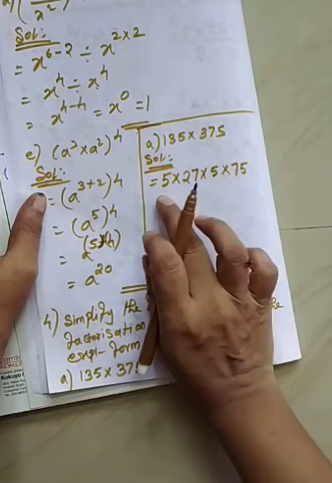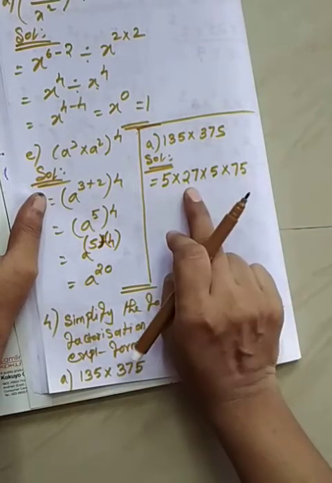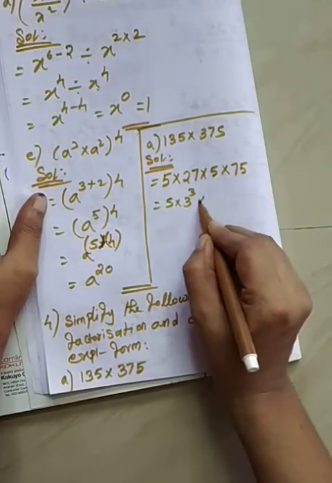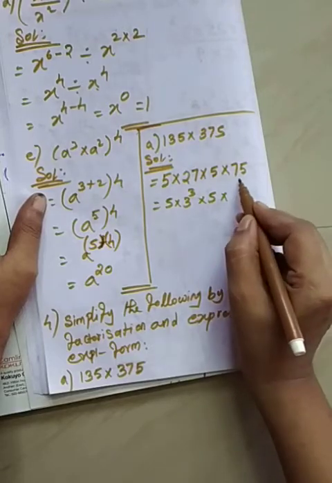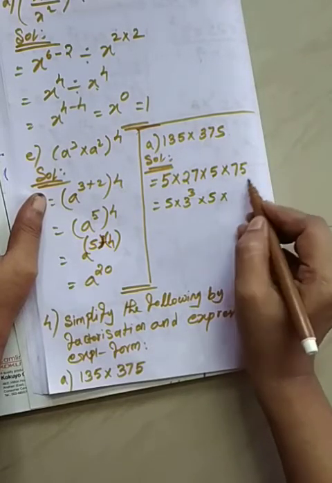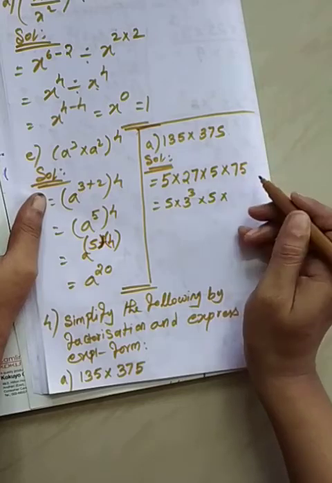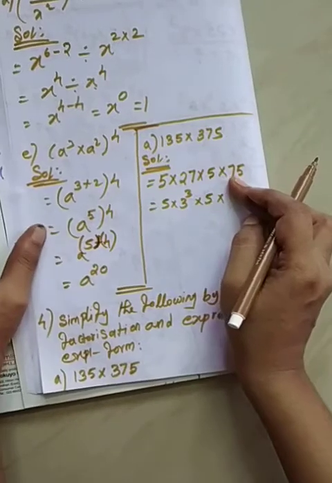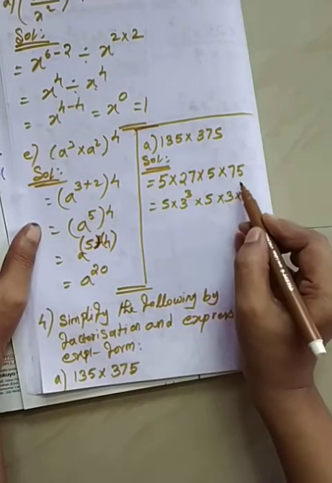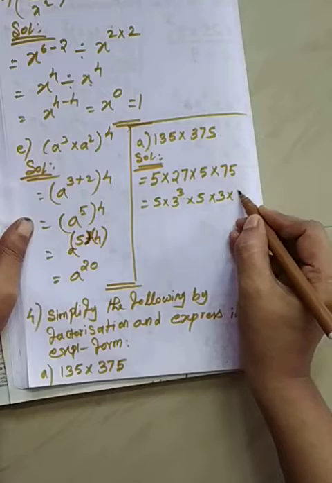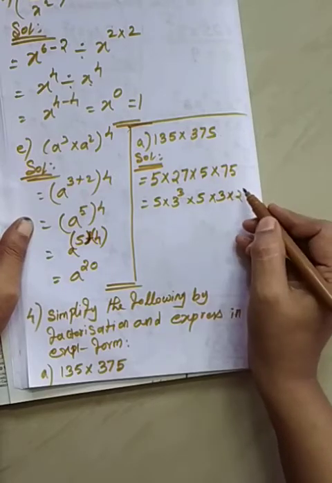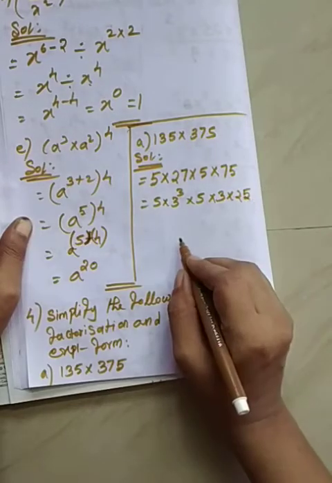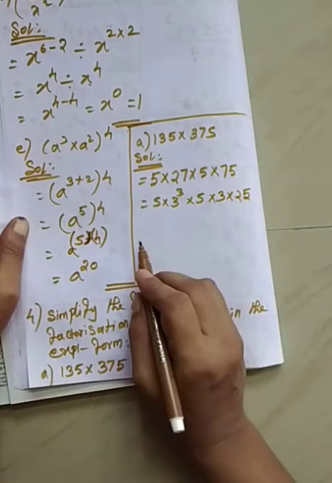So first you have to split. Then everybody knows this 27 is nothing but 3 cube. Right? Write this 5. Here this 75, again the fifth table is possible or the third table is possible. Whatever it may be, you can use it. I can take the third table. See how many 3s are here. 2 3s are 6. The remainder 1, 15 is here. 5 3s are 15. Okay. So 25. 3 into 25.